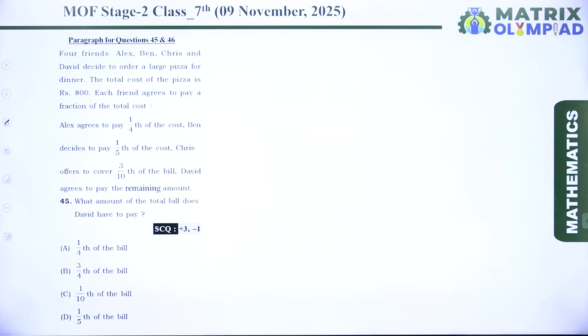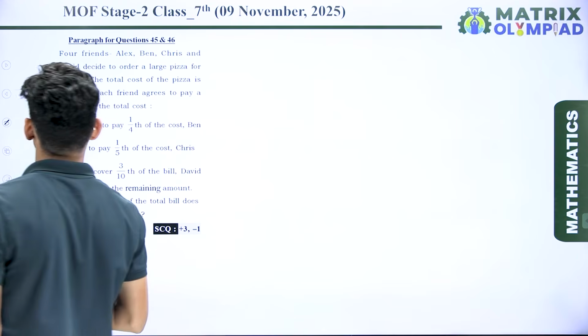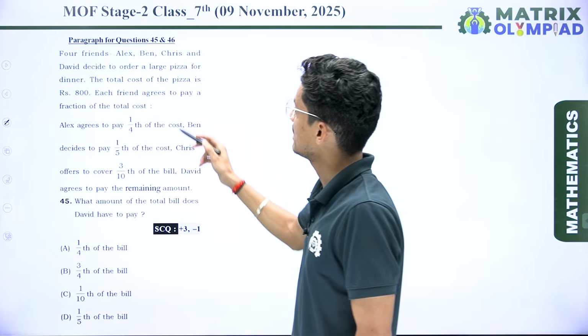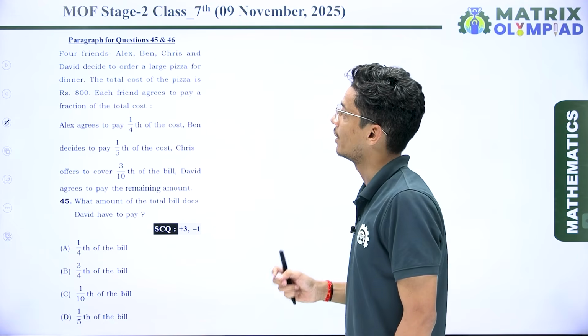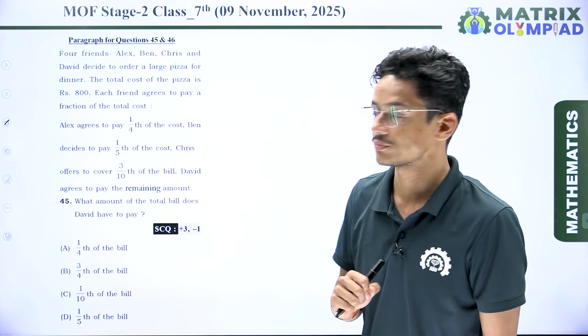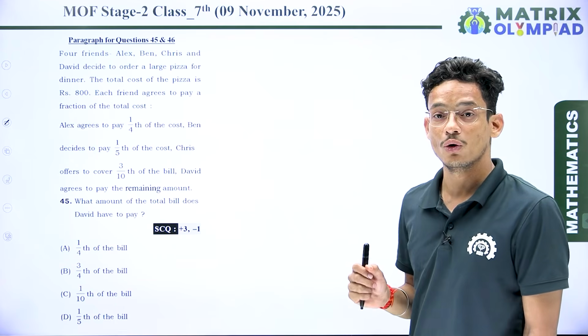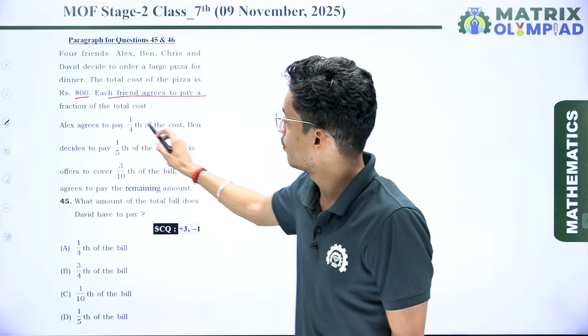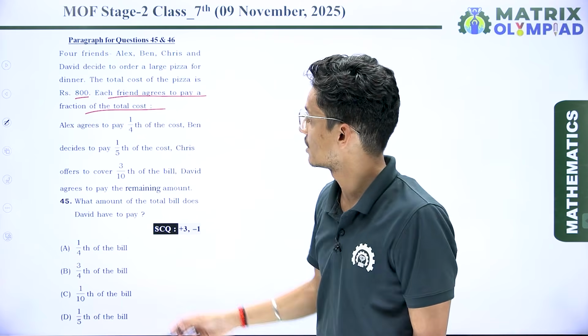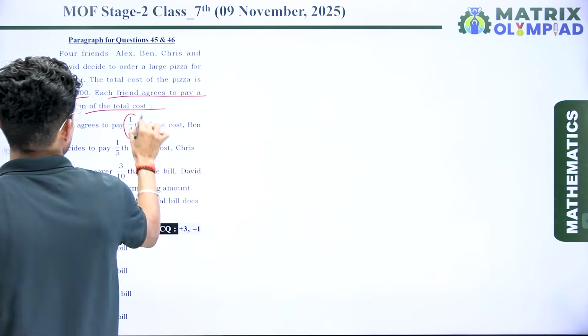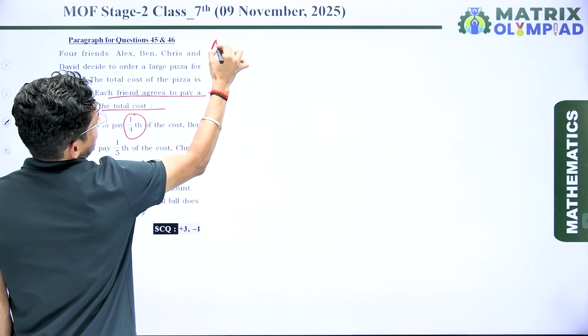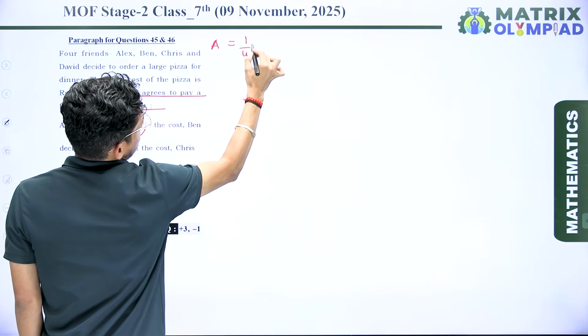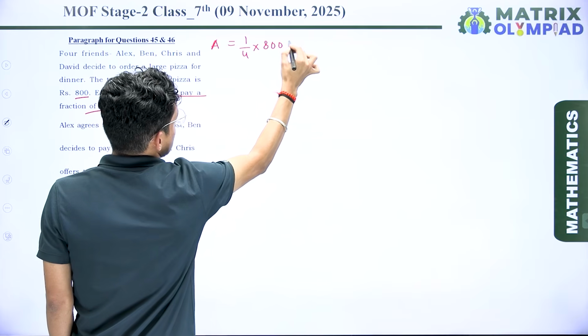Now the next question is based on a paragraph. 4 friends, Alex, Ben, Chris and David decided to order a large pizza for dinner. The total cost of pizza is rupees 800. Each friend agrees to pay a fraction of the total cost. Alex agreed to pay 1/4 of the cost. So for Alex, that is 1/4 of the total cost, that is 800. It means Alex wants to pay rupees